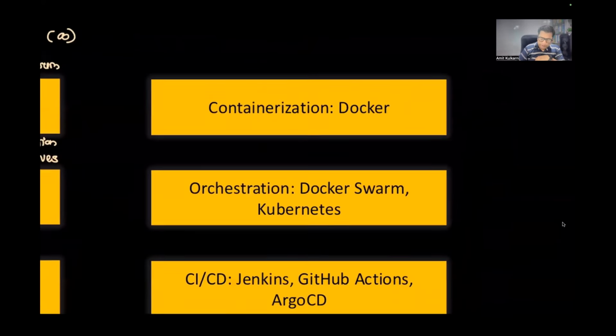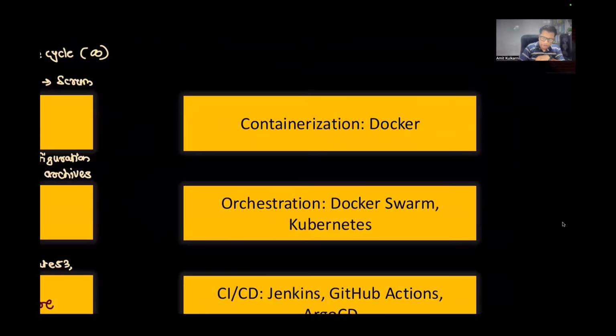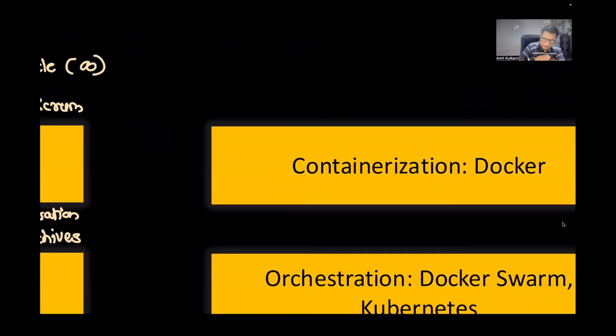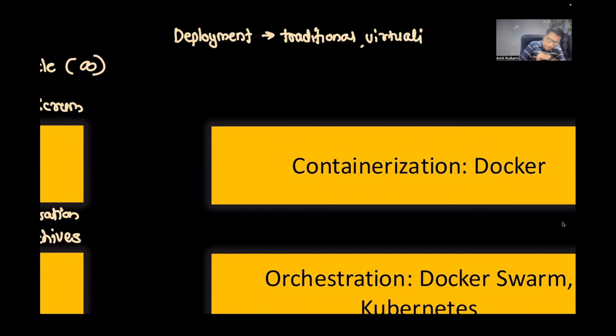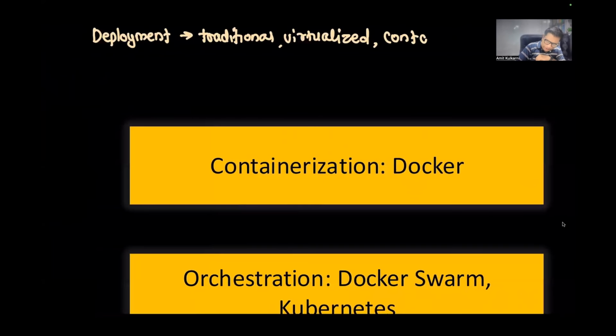Now, if I want to deploy the application, as I said, there are two ways you can deploy it. Actually, three ways, but one is already deprecated. So we don't consider that anymore. So when I say we want to deploy an application, this is called application deployment. So there are three ways. One is called traditional deployment, meaning deployment using a physical machine. It's gone, it's deprecated. We don't do it anymore. Either we do it with virtualization, called virtualized deployment, and another one is called containerized deployment.